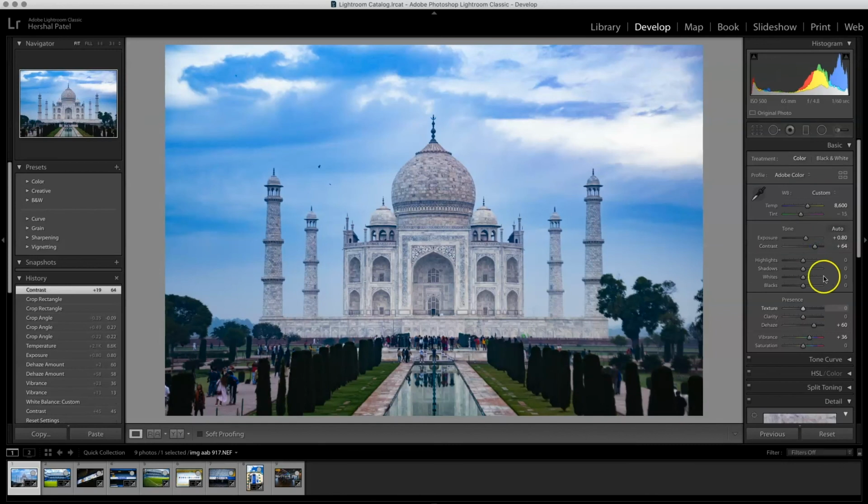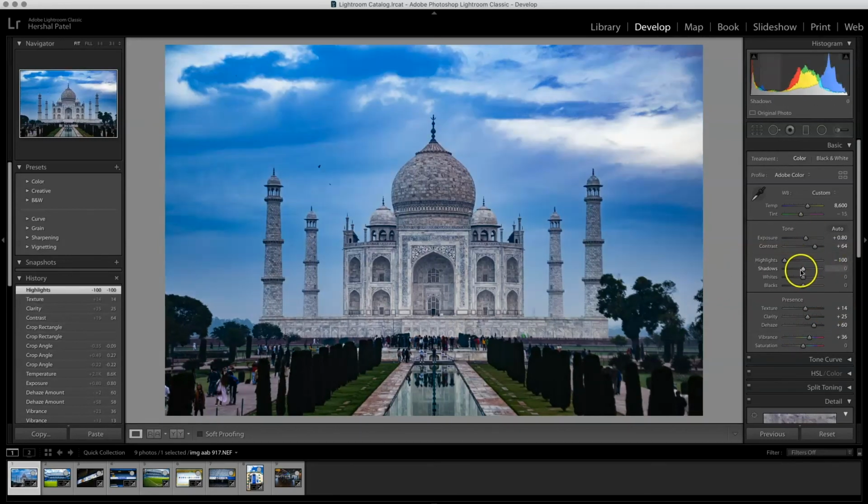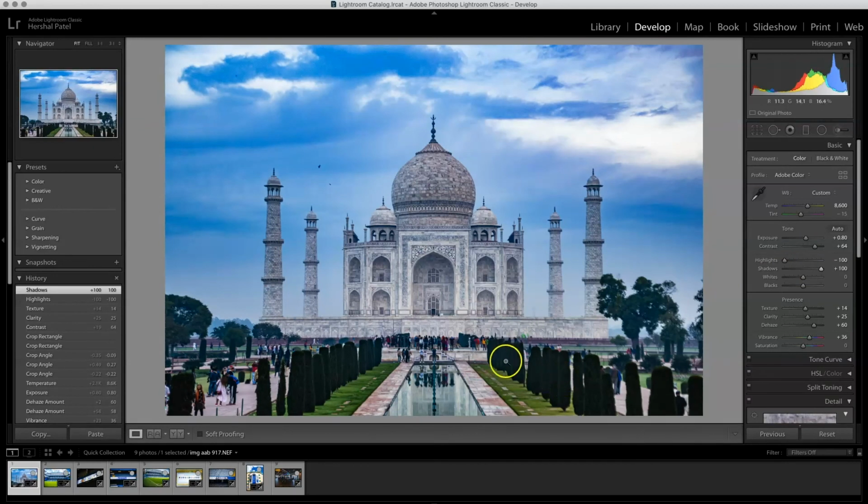Maybe just bring in some additional clarity. Clarity helps you get some details in these landscape shots, a little bit of texture to bring out the trees and all that. And that's pretty much it. Now, if I want to use my previous method of dropping the highlights and bringing out the shadows, now I get even more detail in the photo. I get some of the greens instead of these trees looking black, and of course just more and more drama